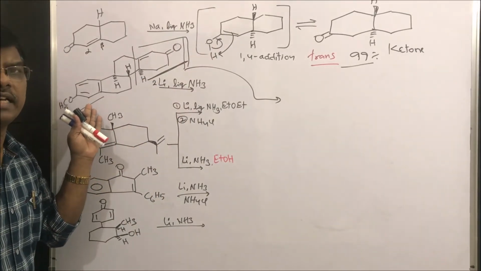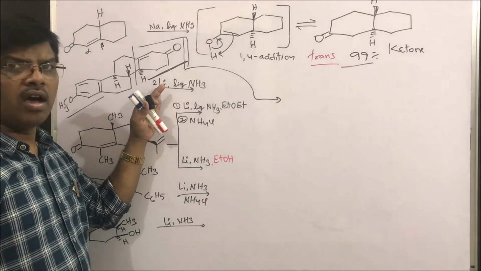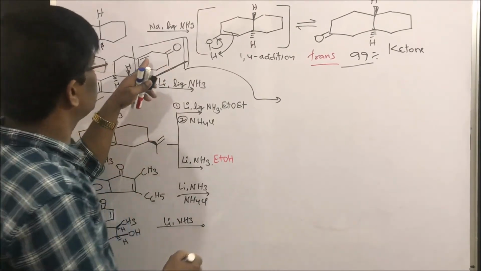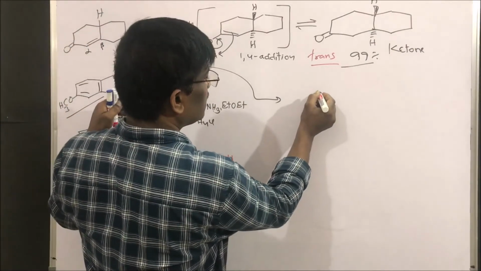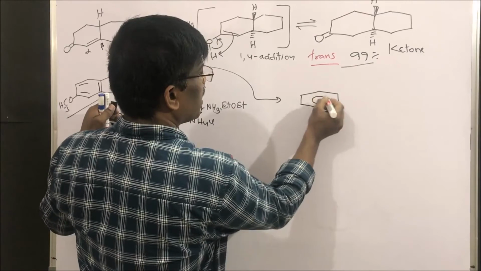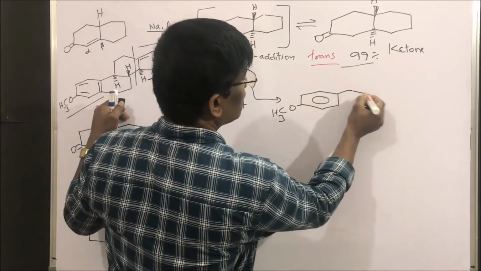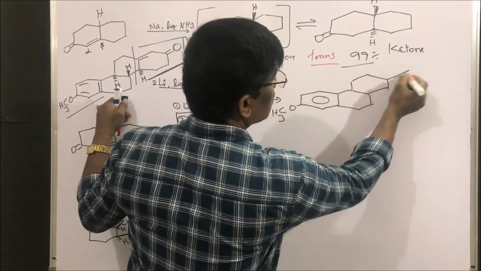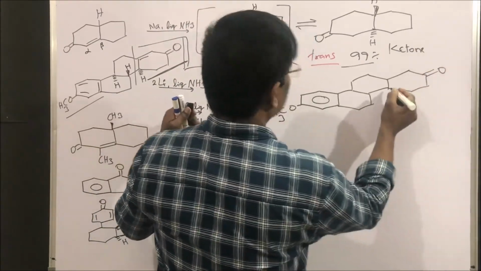So don't confuse when you see this aromatic ring. Don't touch the aromatic ring under usual conditions, whether they give this or not. Simply do the reduction at this place. So what am I going to get? The aromatic ring will be here as it is. I am writing methoxy here, aromatic. Then this is the compound. This is the ketone.